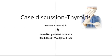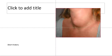For the second discussion in thyroid diseases, you can see this lady came complaining of this anterior neck lump. As I discussed earlier in evaluation of neck lumps, the first thing to see is that it is in the anterior triangle, and something needs to be done even if you